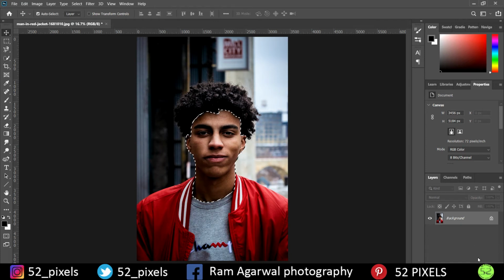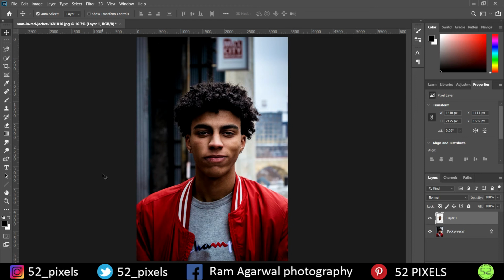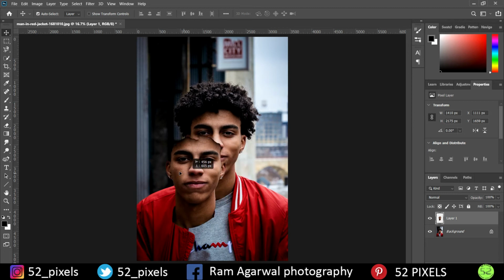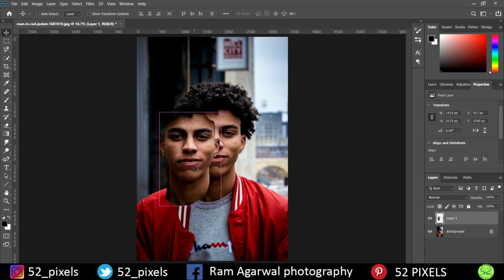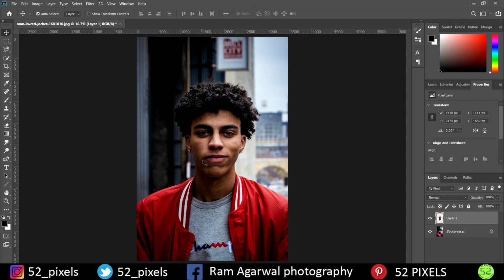Instead of creating a mask, what I'm going to do is just press Ctrl plus J. As you can see, after pressing Ctrl plus J, this selection has been copied and pasted to a new layer. It's the same as copying this, creating a new layer and pasting it, but it's just a shortcut. I pressed Ctrl J and I got this one, so I can move it around just to show you. It looks like this, and I can place it back in its original place.